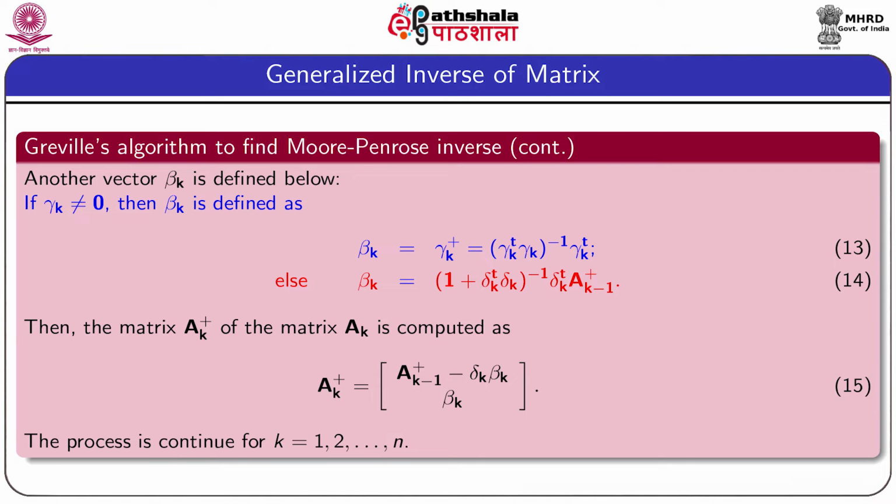So, we have defined different types of generalized inverse, and we have seen that these types of generalized inverses are applied for all types of matrices, that means for singular matrices and also for rectangular matrices. And we have mentioned that if the given matrix is non-singular and square, then all these generalized inverses become the conventional inverse of the matrix. Also, we have described Greville's algorithm to find the generalized inverse of a matrix. The matrix may be singular or rectangular.